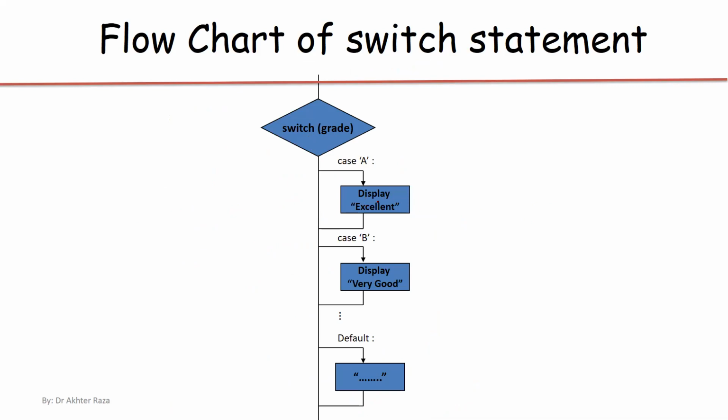So switch: A, excellent. If it is not grade A, then come here. Is it B? If it is not B, then and so on. You can see here, if I did not write the break within the case, then after checking A, it does this, then comes here again, checks B, does this, and checks again, and so on. Default is otherwise. If none of the cases is true, then whatever we have in default will be executed.